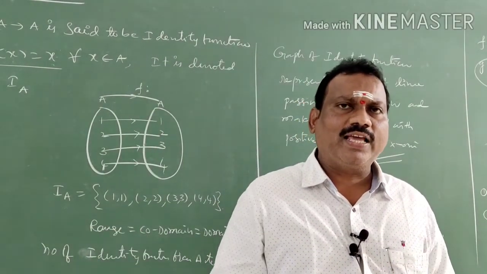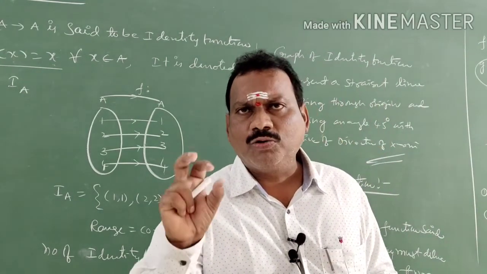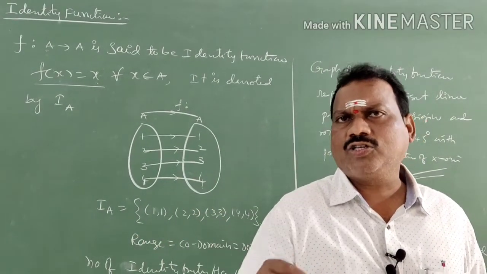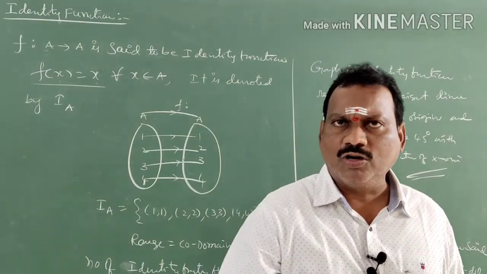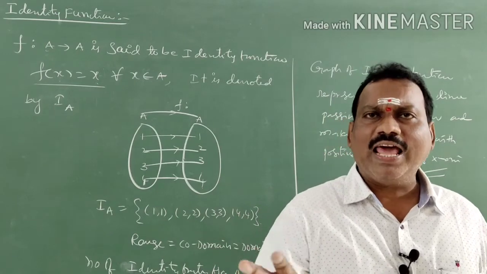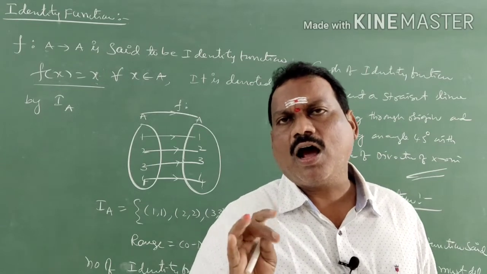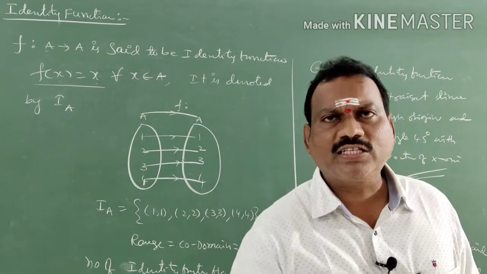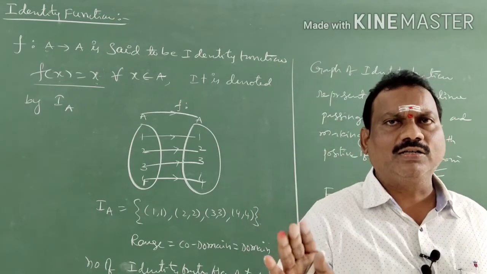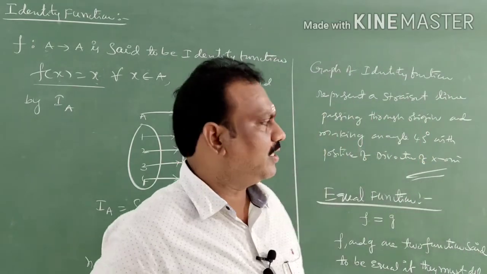So a very important thing is, in PU level, they will always ask one-one, onto, bijective. Show that a function is one-one or not one-one. Show that it is onto, not onto. Show that it is neither one-one nor onto. Show that it is bijective. They will ask like that. So in PU level, very important for this exercise is one-one, onto, bijective. So you remember the definitions very clearly, then only we can solve the problems very easily. Okay, students? Right, thank you.